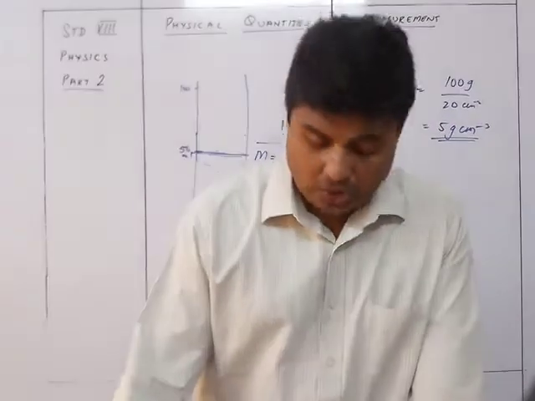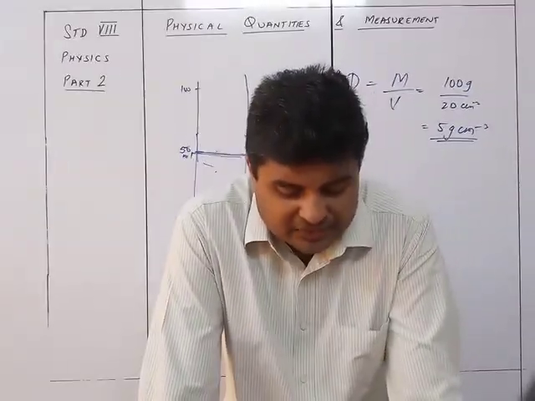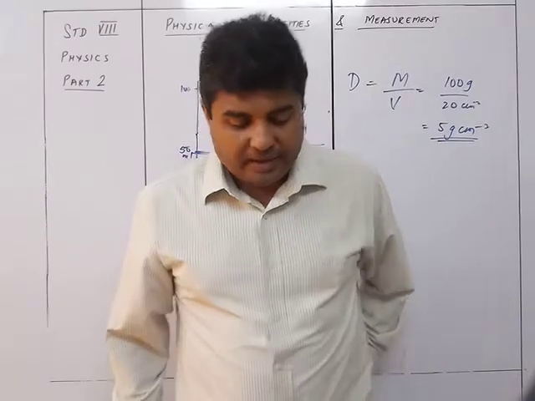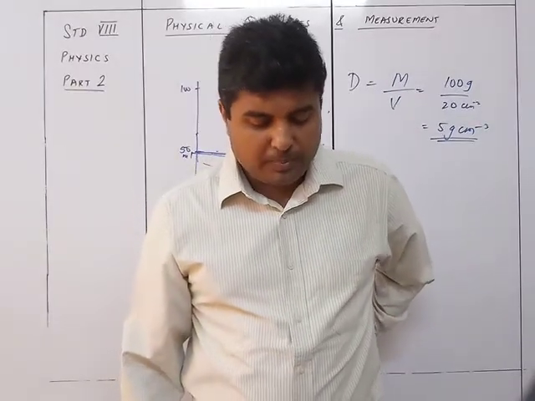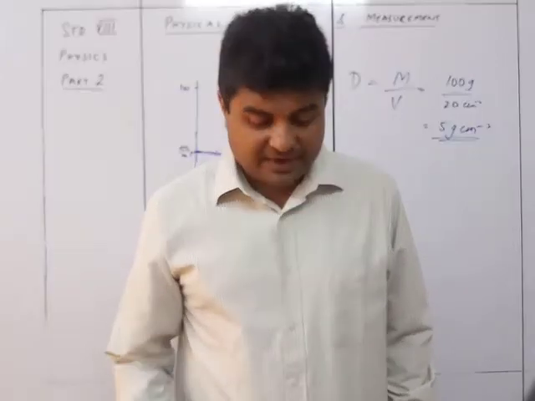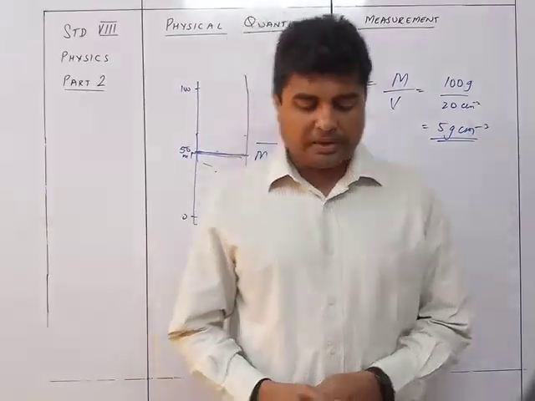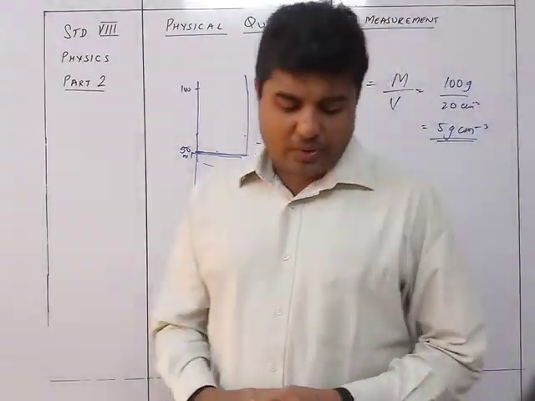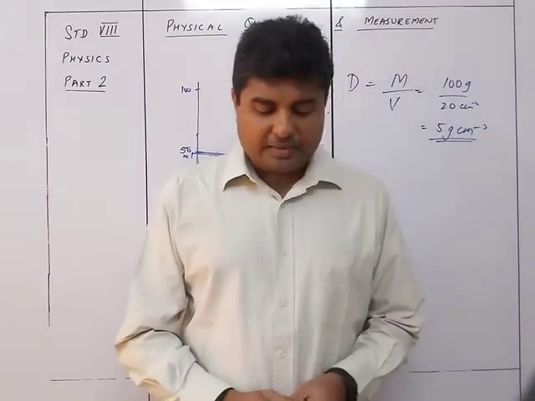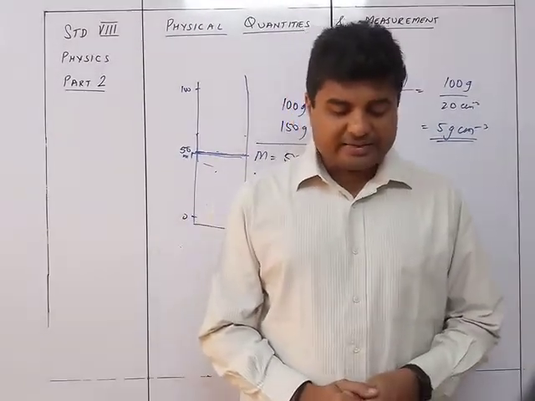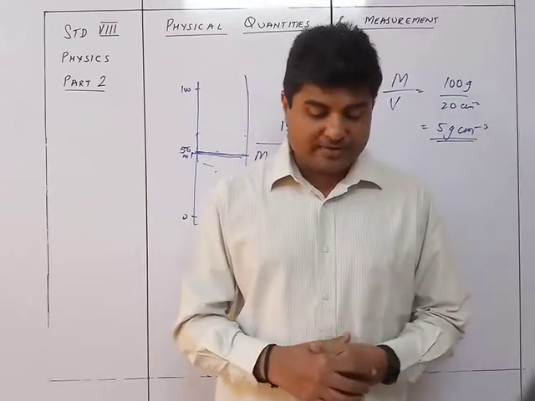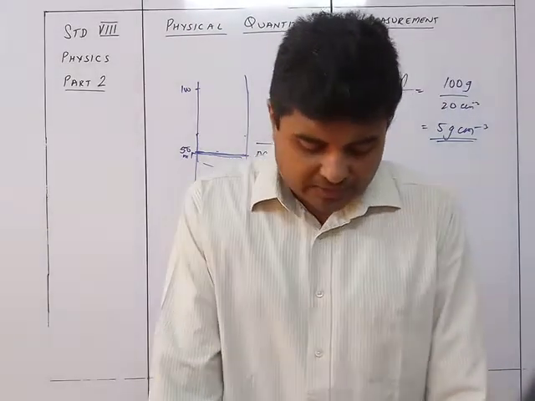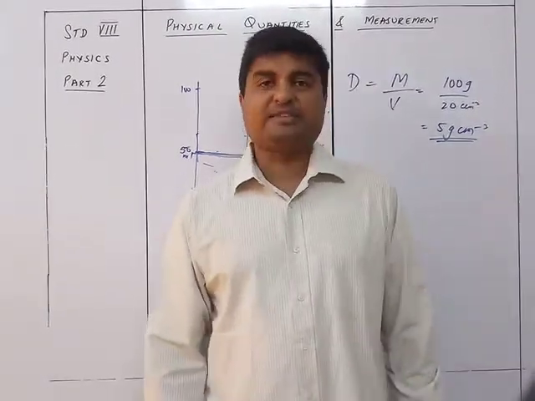It's very simple. You take a beaker and measure the mass of the empty beaker using the common beam balance. Let the mass be M1. Now take a measuring cylinder and pour milk into it, say 50 ml. The volume of the milk is 50 ml or 50 centimeter cube. Transfer the milk into the empty beaker and measure its mass again. Let the mass of the beaker with milk be M2. Find the difference, M2 minus M1, that is like this, 151.5 minus 100. Thus the mass of the milk, M2 minus M1, is M, which is 51.5.